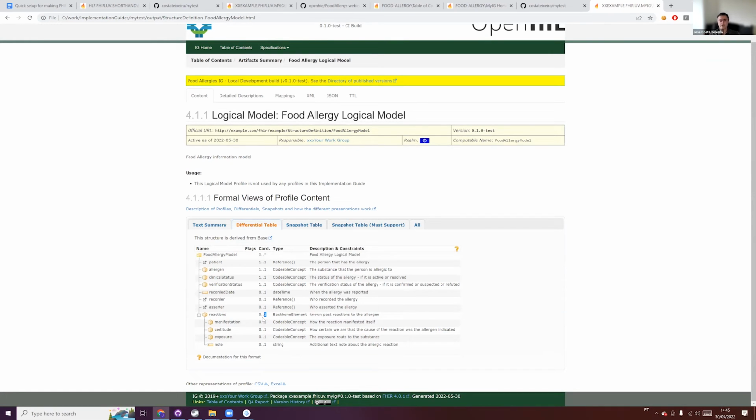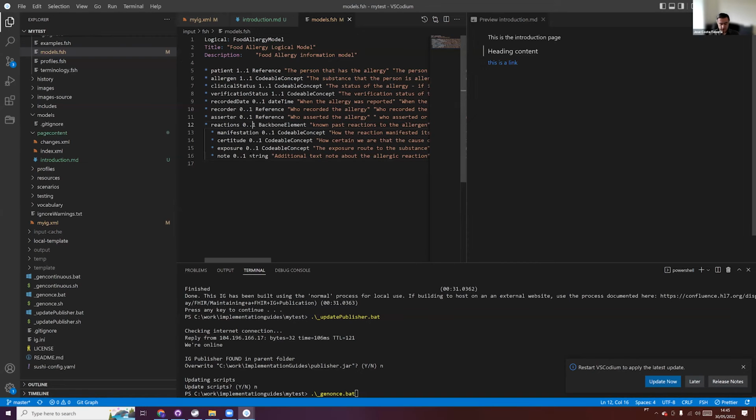No, wait, reaction 0 to 1, that does not make sense. Well, then we go there and we change reactions to 0 to many, because we can have 0 to many reactions. And for each one of them, we have certain data, but we have more reactions. And this is pretty much what we'll be doing. Lots of the iterations will be very small, like this cardinality is wrong, this description is wrong,